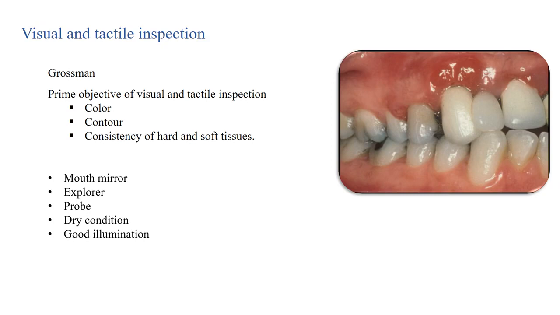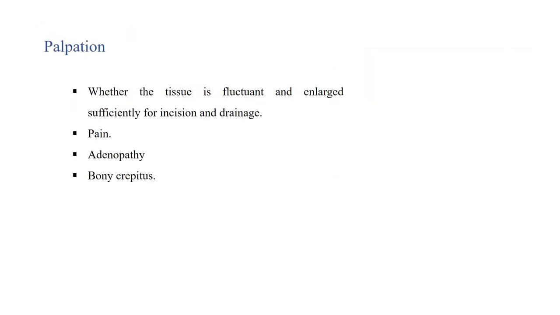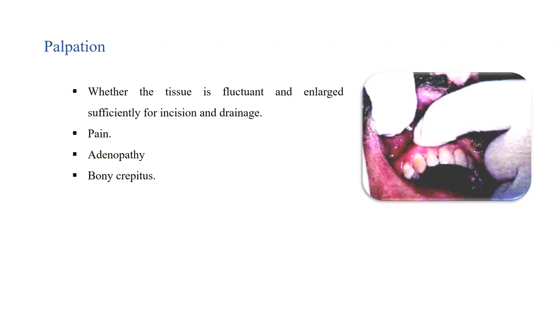The instruments to be used are mouth mirror and explorer, and it is very important you should have good illumination when examining these structures. Inflammation or reddening of an area around a particular tooth, discoloration of a particular tooth may give you a good indication where the pain has originated. Now palpation of the gingiva and the surrounding structure will give you an indication whether the swelling is hard or soft and tender.